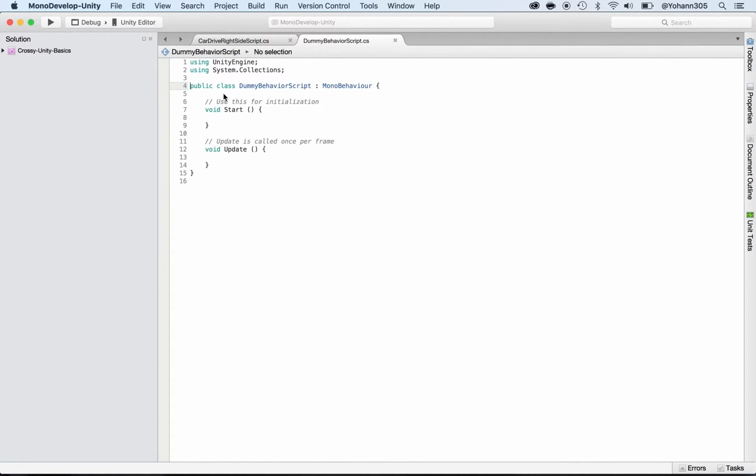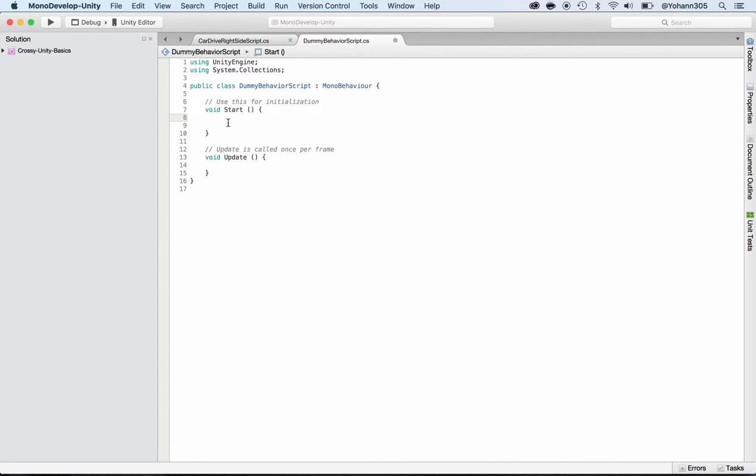Now I'm about to give you an overview of a class, or what a Unity script is made of. But before we do so, I want to get straight into doing something interesting. Go inside of the void start, so right below that, after the curly brace, press enter, and right here I